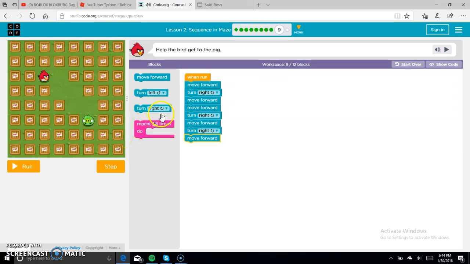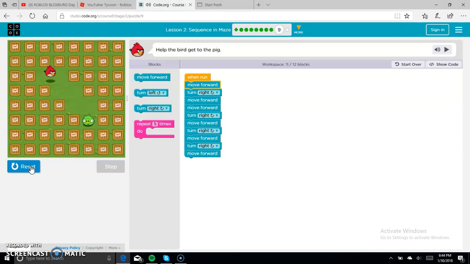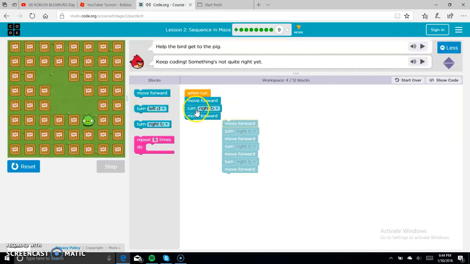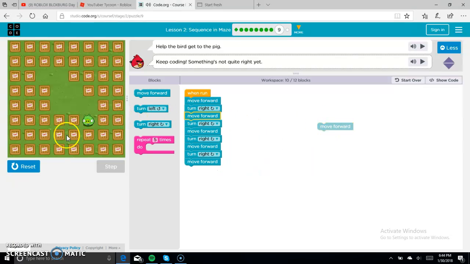okay, right, forward. Okay, this might not go so well. I'm not very sure about this one, so I'm just going to try it out. Okay, so maybe that extra one